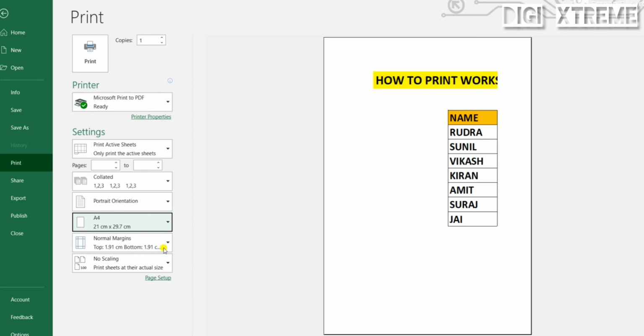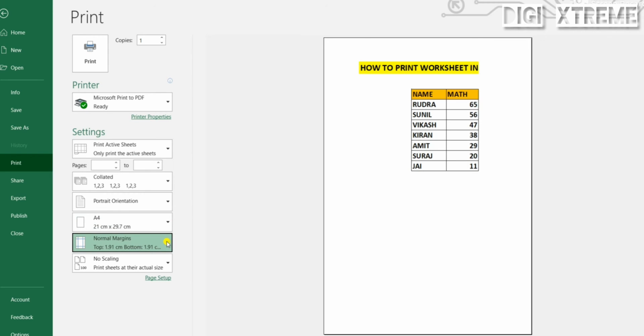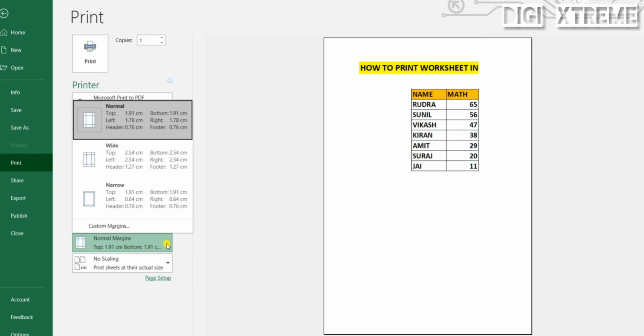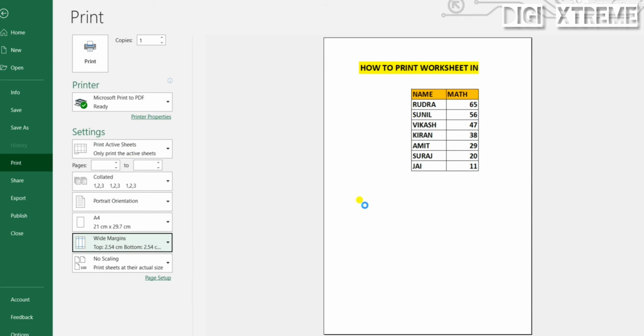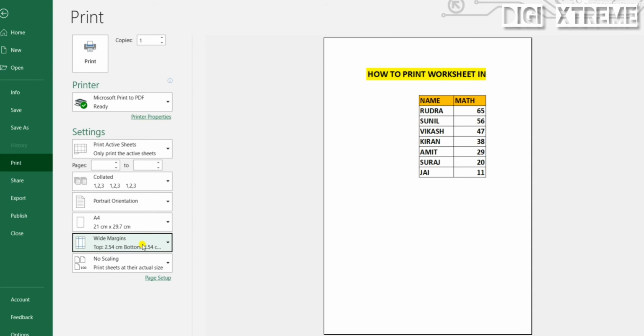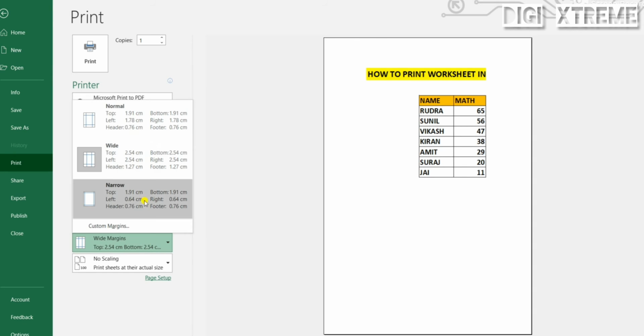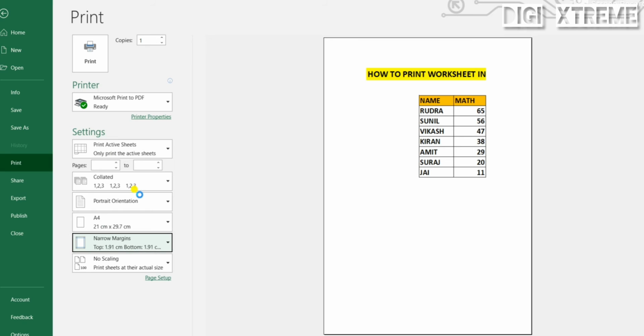And here, margin is very important. You can select normal, and if you choose wide, it will look like this. See, wide margin. Now there is narrow margin.